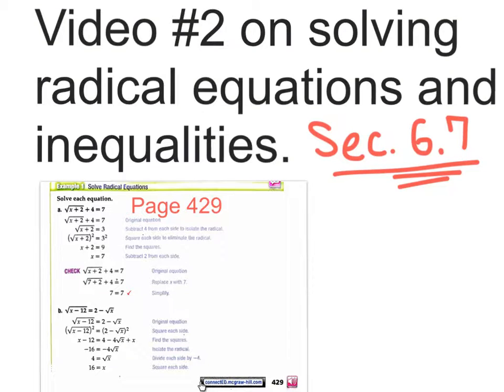Okay guys, so this is video number two on solving radical equations and inequalities. Video one that we did yesterday was on solving radical equations, and today is more on solving radical inequalities. However, I do want to mention what I'm doing here is I'm getting the book, we're going over the examples